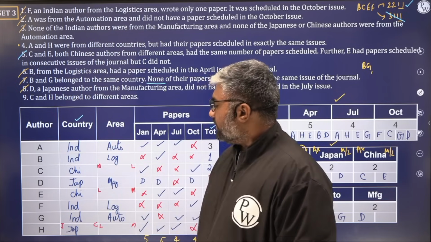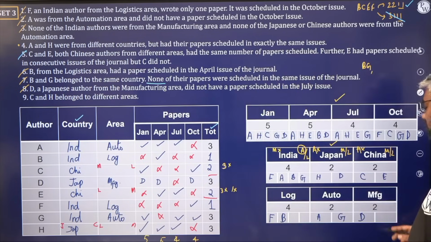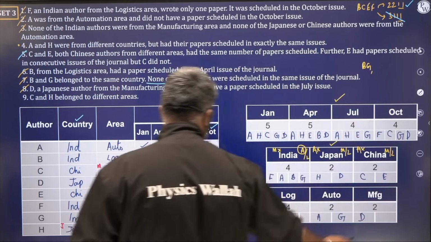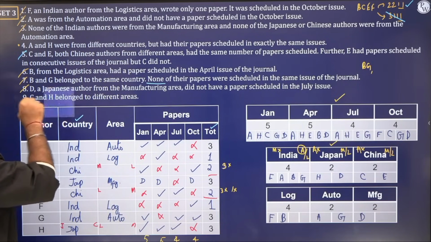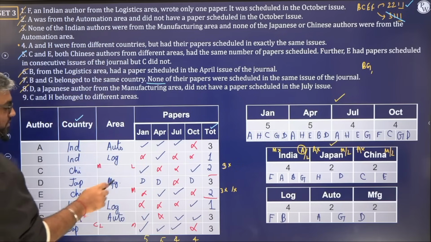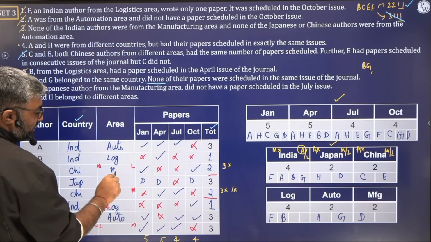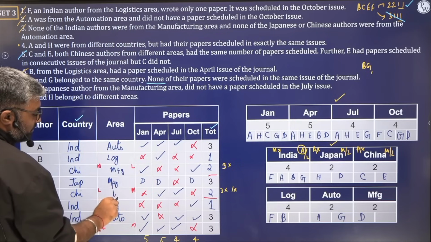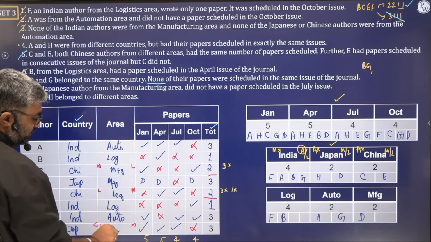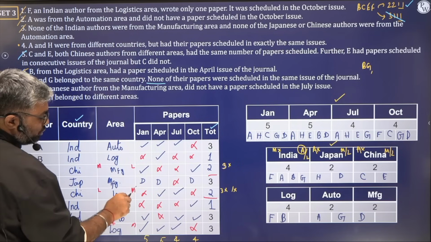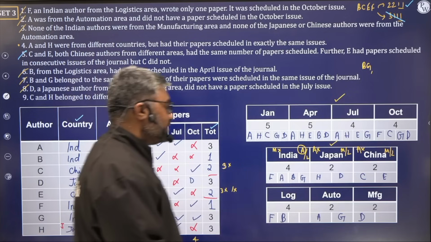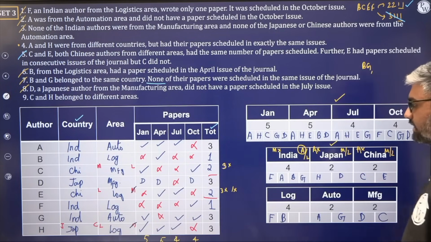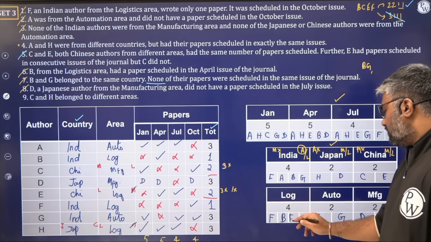What do we know now? We know that manufacturing only has one slot open. So we cannot have two people going in manufacturing. That means this one is out, and we can finally say, yeah, this one. So this guy will be from manufacturing, this guy from logistics, and this one from logistics. Right? Because there is no space for two in manufacturing, just one slot, so C is in manufacturing